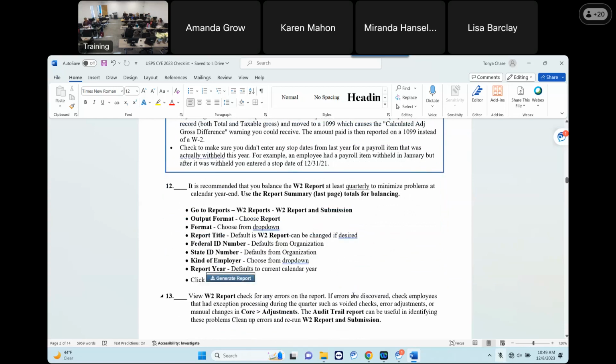I recommend running your W-2 report at least, I want to say monthly. It says on here quarterly, but I like monthly. And here's why. How many times do you do something really weird and three months later, you don't remember it? So if you are running it every month and something doesn't add up, what you did is more